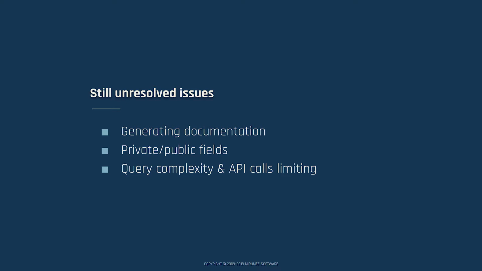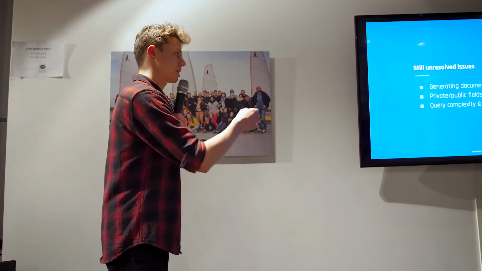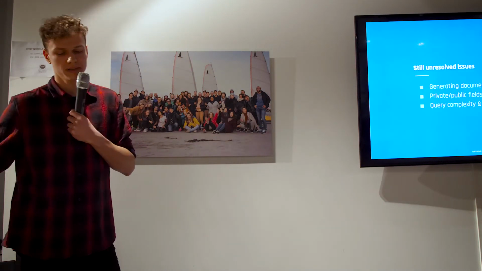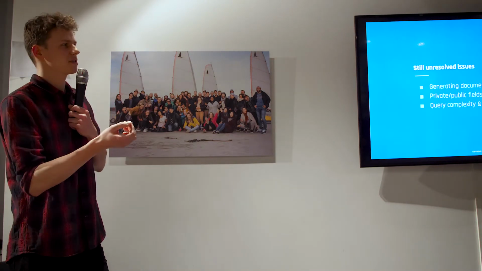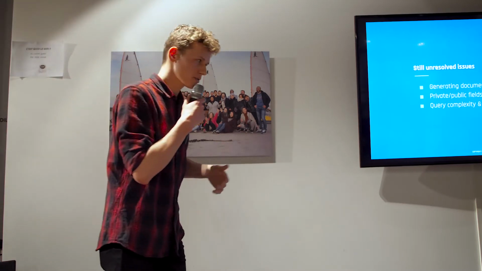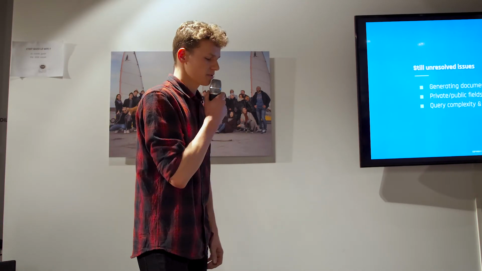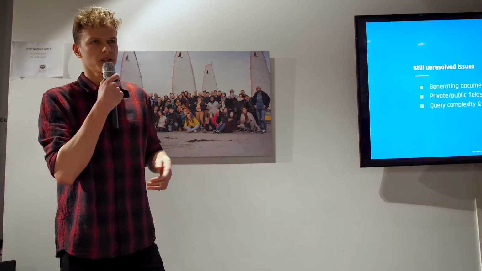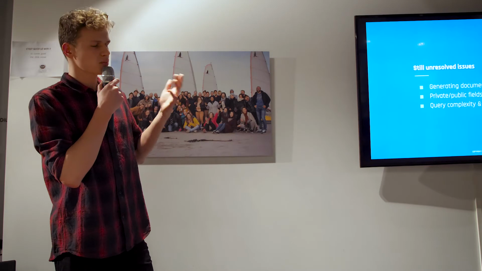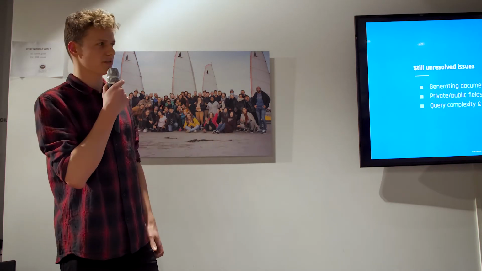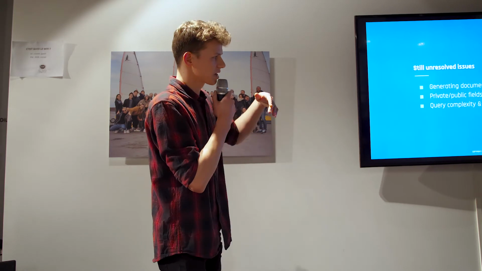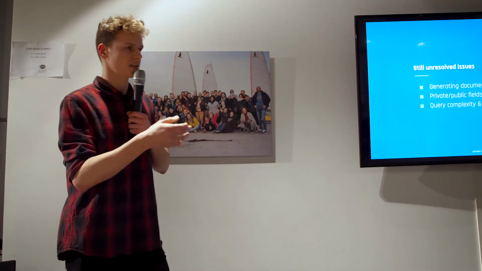So maybe in the future frameworks will have that built in, but currently we would have to implement it manually. So it's about the shape of the query that your API user can actually fetch. If you have a malicious user, they could create a very big query, a very nested one, and that would be very expensive to resolve. So in order to avoid that, we could implement query complexity counting, and based on that we can limit those